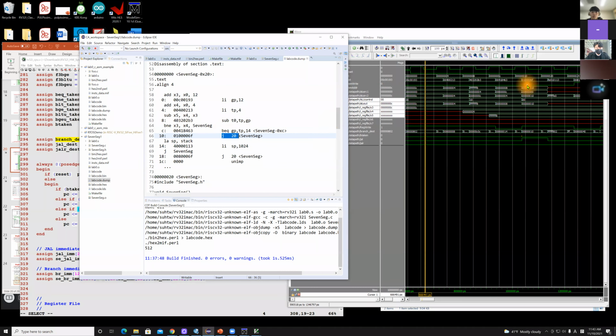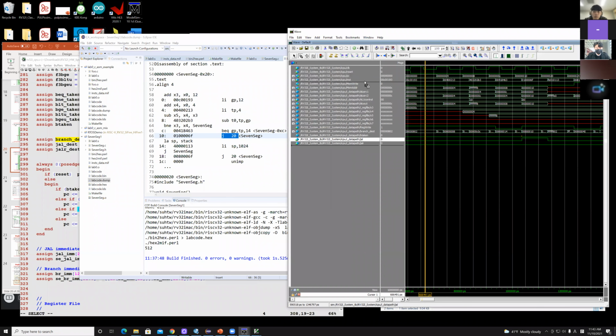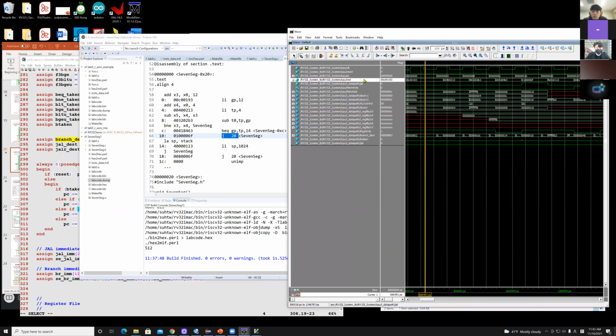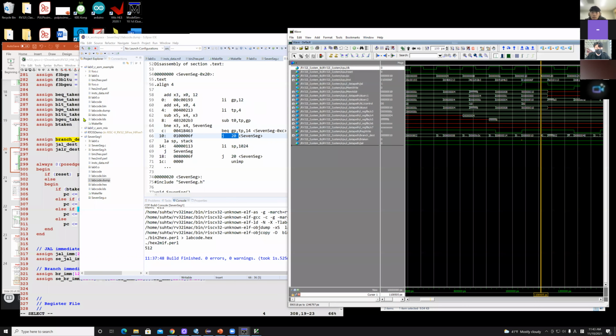Then look at this control signal, JAL. The control signal is asserted here. So at the rising edge of the clock, according to that